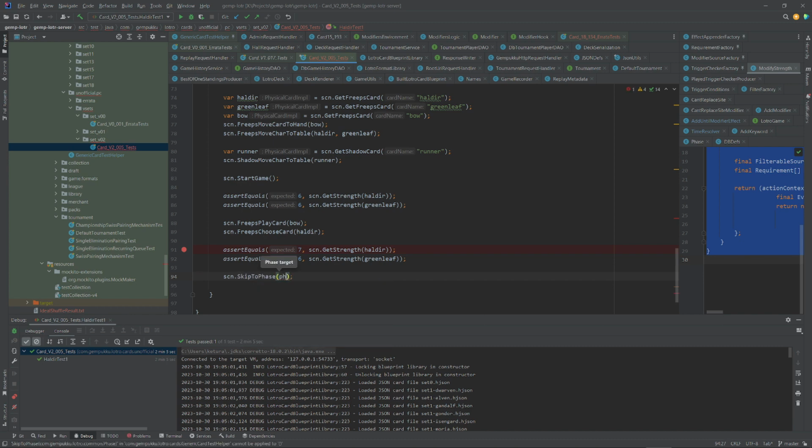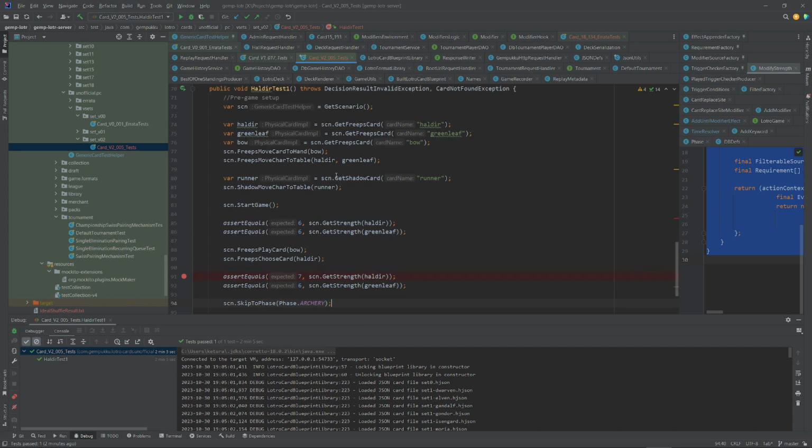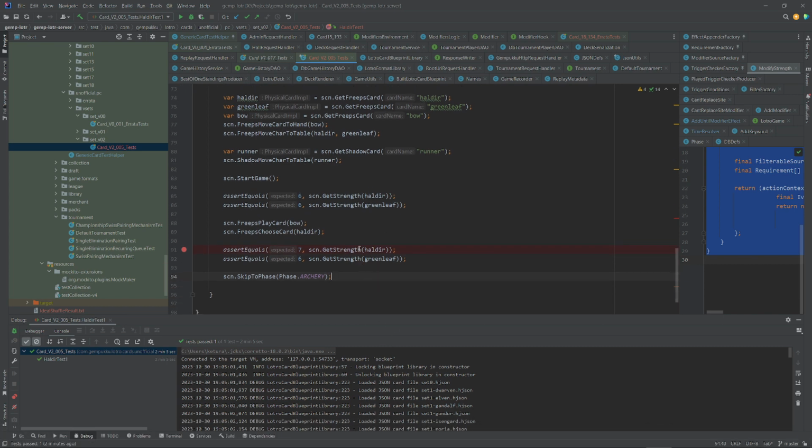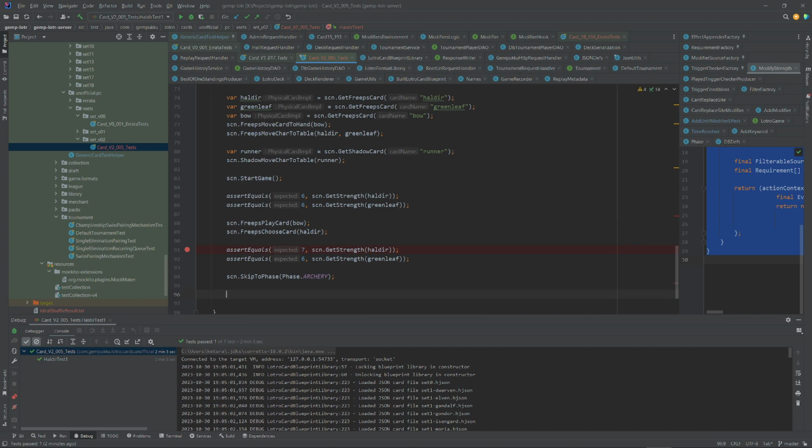So we are just going to skip to the archery phase. And now that we're in the archery phase, we want to double check and make sure that Haldir no longer counts towards the Fellowship archery total. So now that we're in the archery phase, I believe that we can say